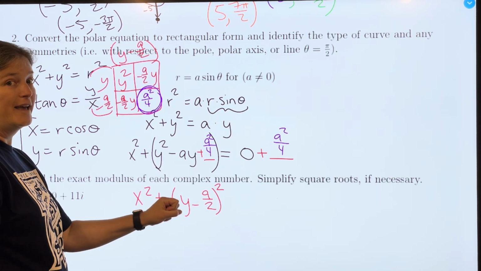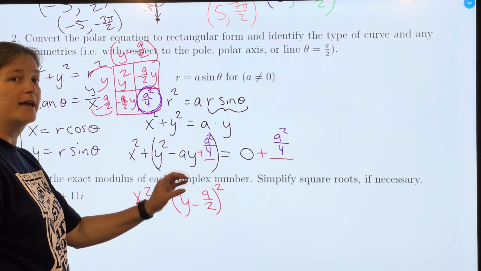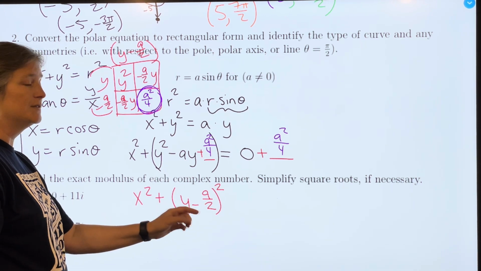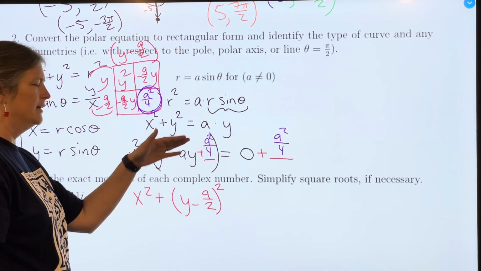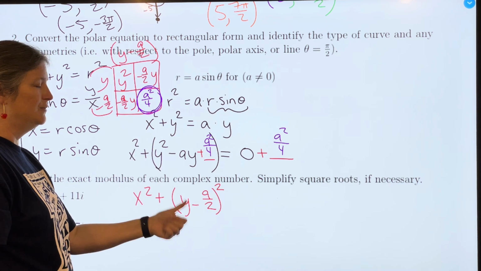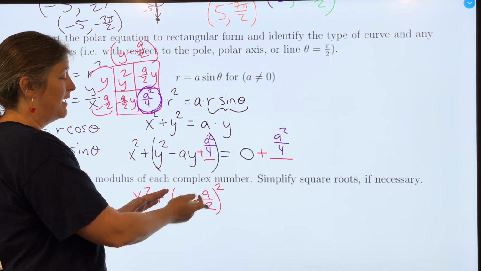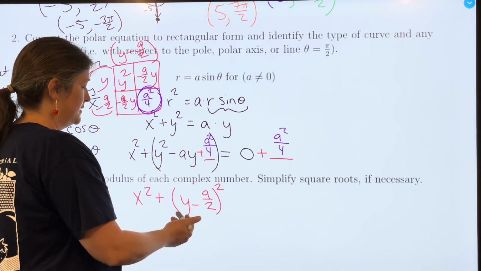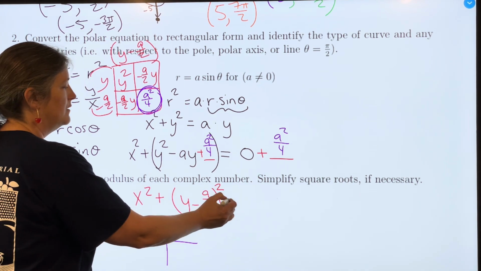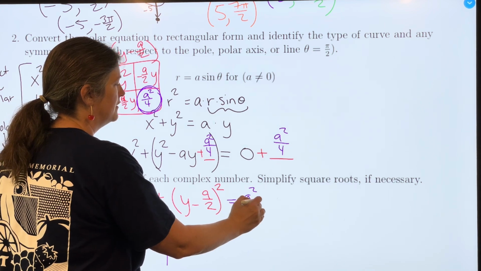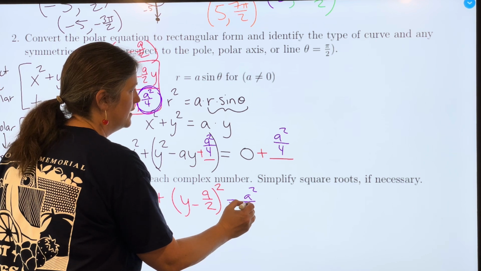Although it is the y, it's inside that parent operation, so we're going to treat it like x minus h squared, where this actually shifts it to the right by a over 2. Not right, it's y. It'll shift it up by a over 2 instead of the down that I want it to. So I see y minus and I think go down, but I have to go opposite because it's inside the parentheses. So this graph actually is a circle with a radius of the square root of a squared over 4, which is a over 2, half of my a,